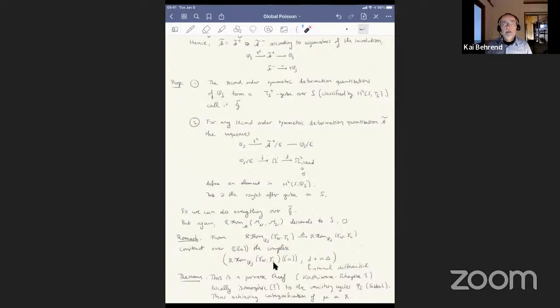Locally, this thing is the twisted de Rham complex, as I tried to explain. And so Sabbah proves that this is related to vanishing cycles, but